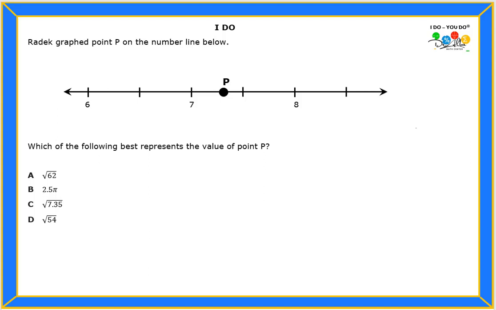And it says, graph point P on the number line below. Which of the following best represents the value of point P? Okay, so we're looking for a number that is on point P, which is right here, right? And it is on my number line. And we're trying to find out which of the following numbers, A, B, C, or D, represents the value for